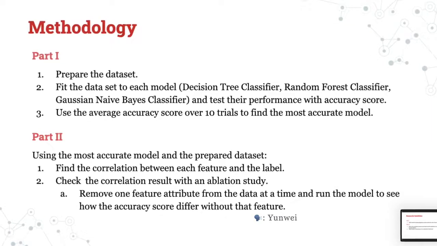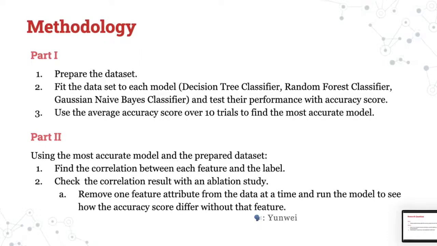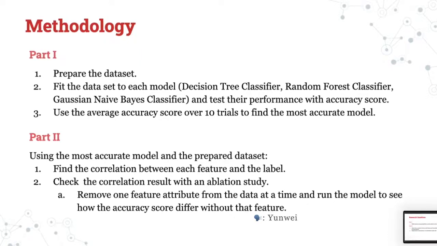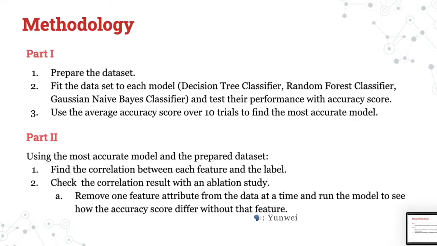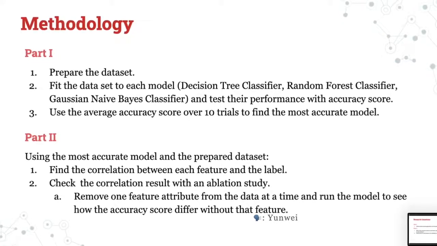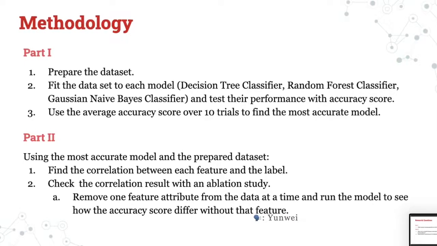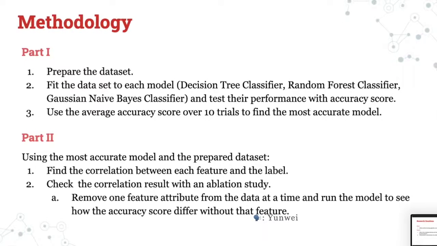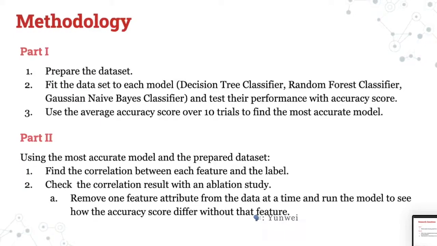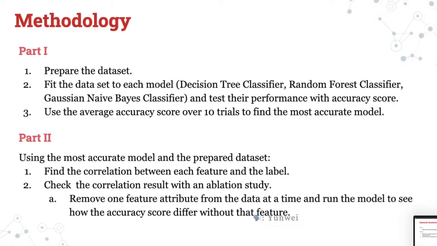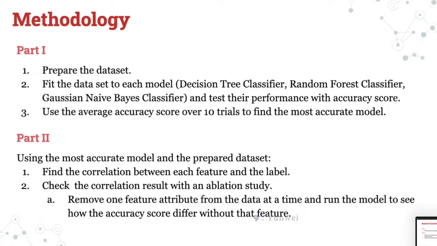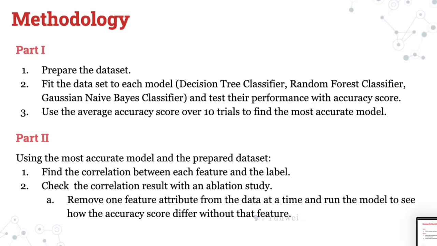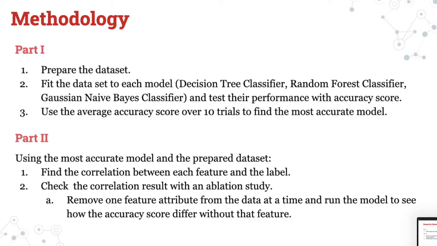For part 2 of our research, we calculated the Pearson correlation of each individual feature and the label. We then conducted an ablation study. There, we first found the control group by using all attributes except prediction as the features and tested the average accuracy scores. We then took out one attribute from the features to test how effective the models are without that attribute. Each time, we fed the new set of features into the 3 models to find average accuracy scores.